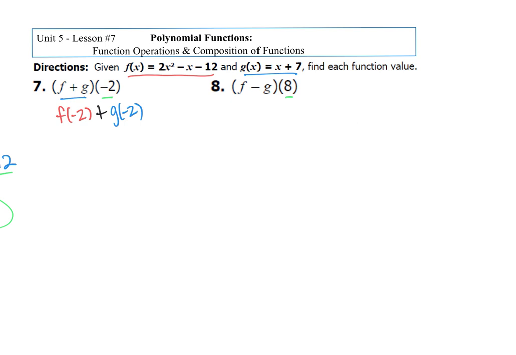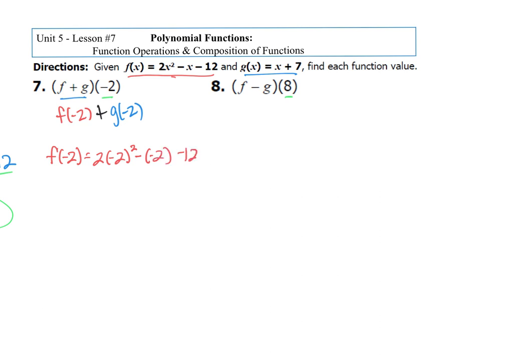I'm going to show you the way that I do it because I feel like when you start using something other than addition for your function operations, it just makes it a little bit more simple. But again, more than one way to do this. I'm going to start by finding f of negative 2. So again, I'm using the function underlined in red, and I'm plugging negative 2 in for all my x's. So we have 2 times negative 2 squared, don't forget to square that one, minus, and it's x, so negative